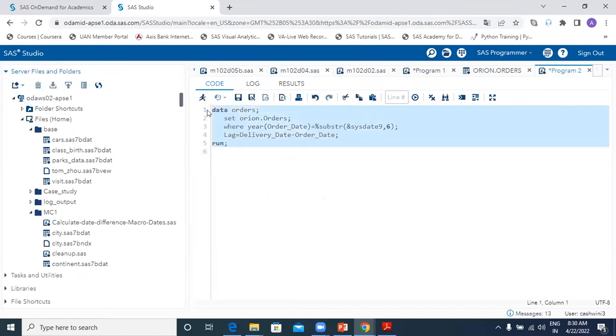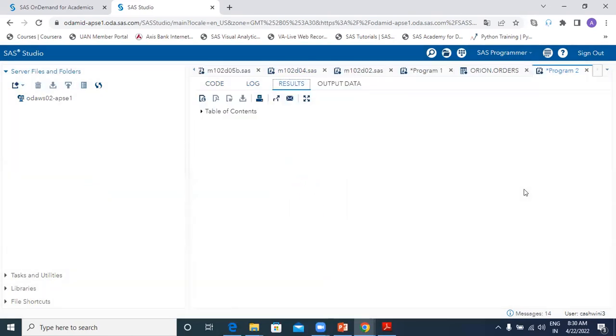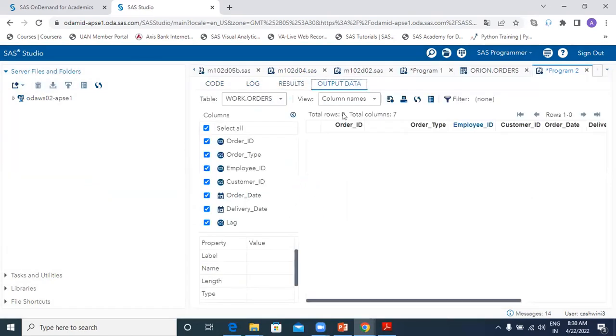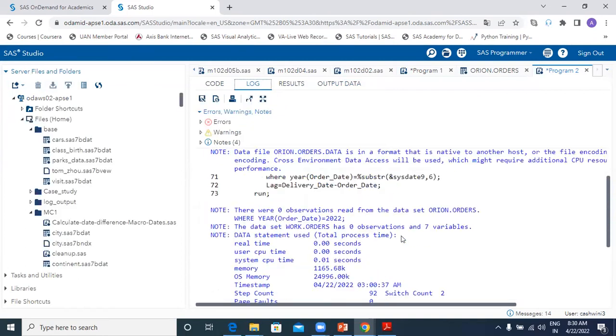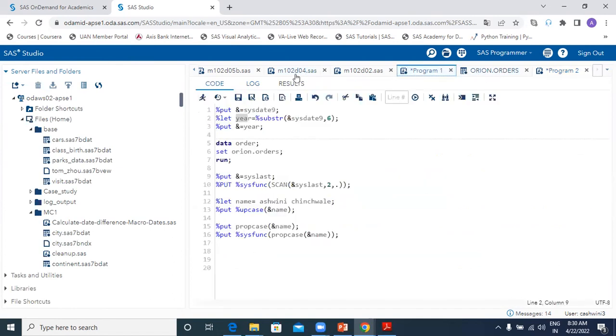So in case I execute this as it is, the data set creating orders will not have any rows in it. Why? Because it is 2022, right? The data set which we have is only till 2010 or 2011. Getting it? So that is why, in the program I was working on,